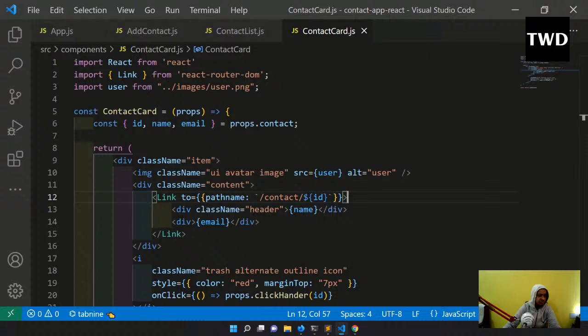So now we will go to a contact detail page. So when we are going there, we are going to show